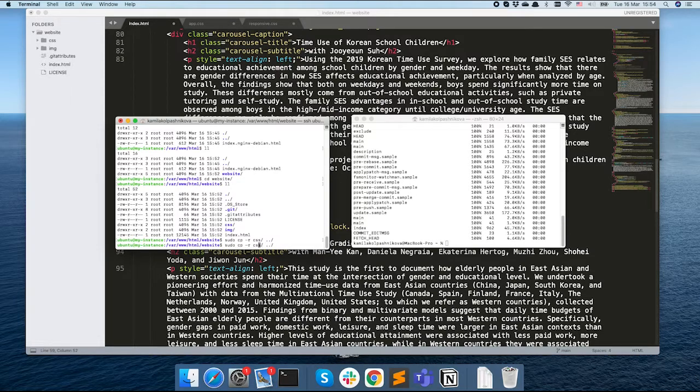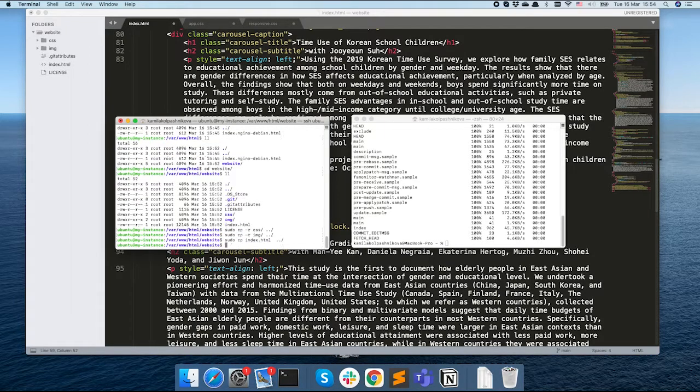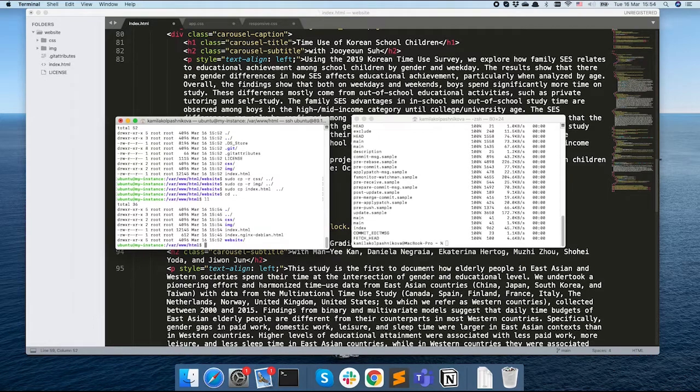Then I'll copy the image folder recursively as well. And I'll copy the index.html, but because it's just a file, I can do it without -r. Now if we go back to the parent folder, we should be able to see all of them here,